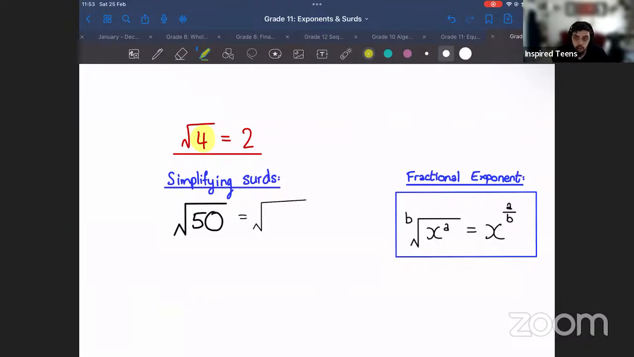Similarly, if I asked you what is square root 64, you'd say 8. Because why? You know your perfect squares, at least most of you do. So square root 64 is 8. However, what happens when I have square root 50? It's not a perfect square, so I can't get a straightforward answer, but